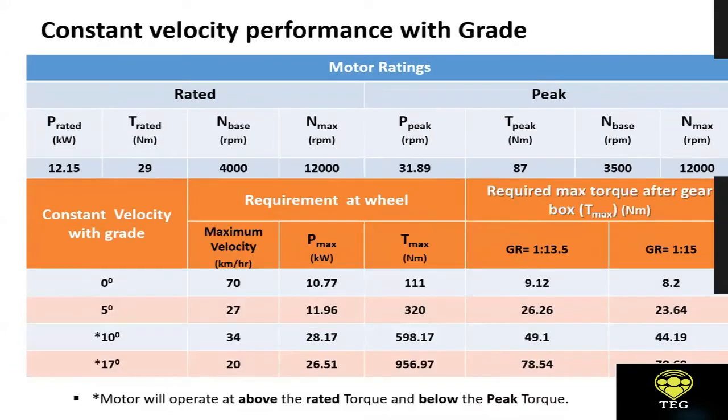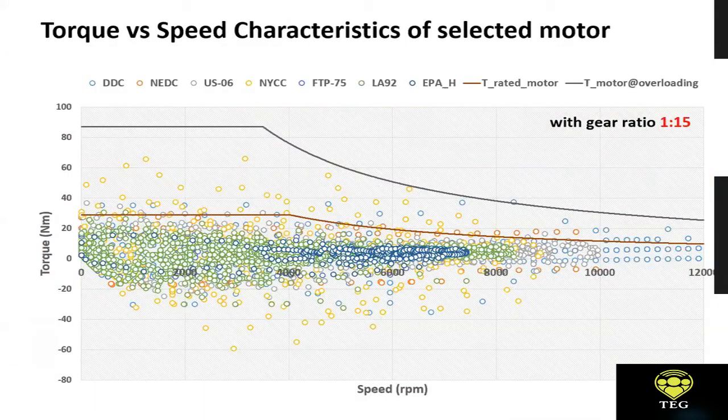So what happens is that if I choose a motor which is able to give me at least 30 Newton meter of torque, then I have this brown curve. This brown curve shows that the machine is able to give me 30 Newton meter. But now the question comes: it should deliver a constant torque of 30 Newton meter up to what speed?